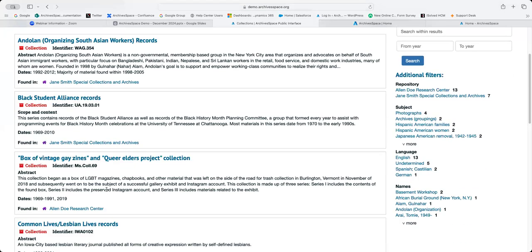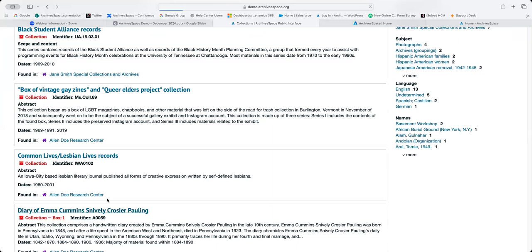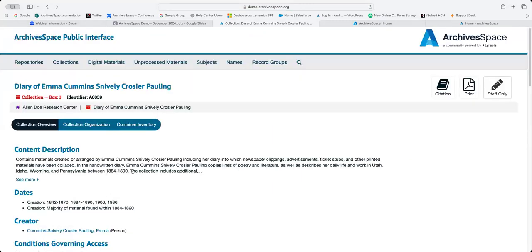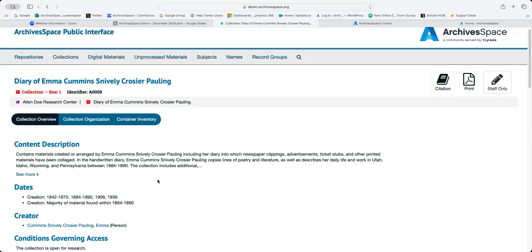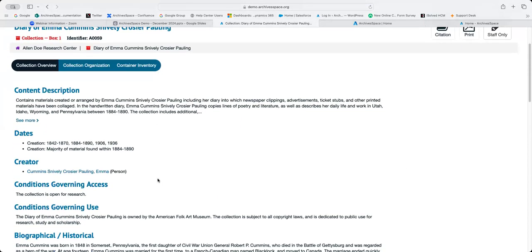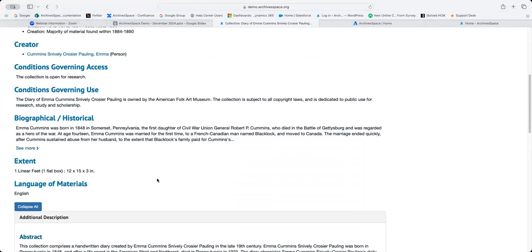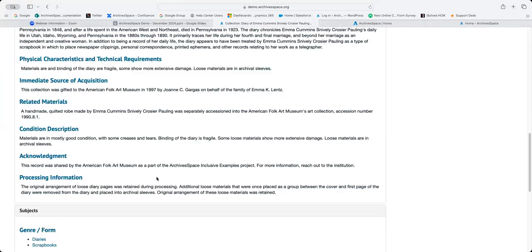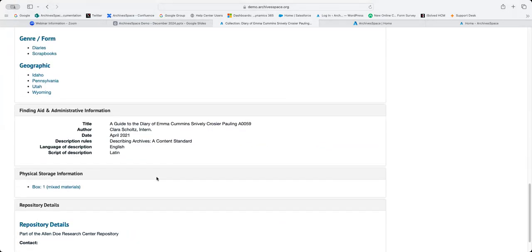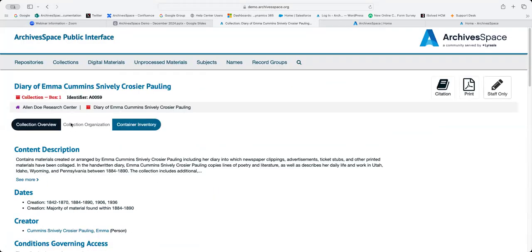Finally, let's go back to the diary we looked at earlier, and I'll just show you what a resource record looks like. So this is a saved and published resource record within ArchivesSpace. This is all of that information that we saw whenever we were exploring the record earlier, represented for the public user. So they have the ability to read all of those notes, look at all of that linked information, as well as the collection organization, and I can look at a more complex record if anyone asks, you would see that there, as well as container inventory. But this is how it would appear to a researcher.